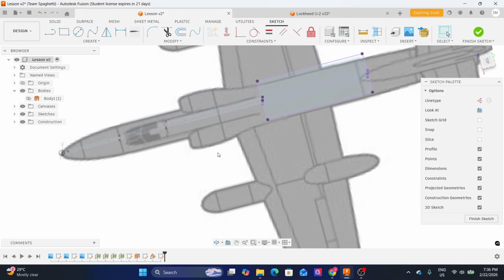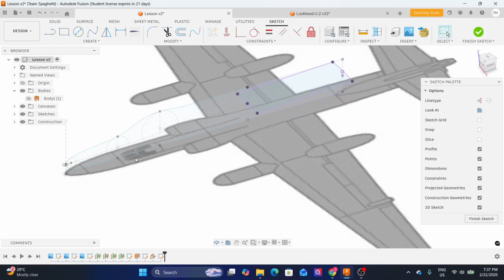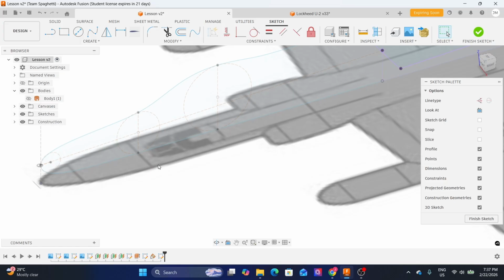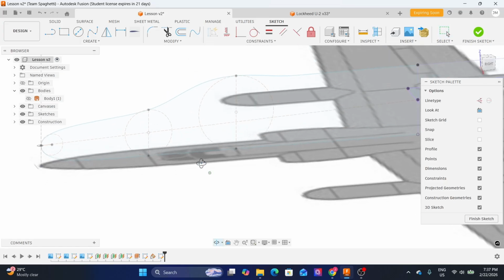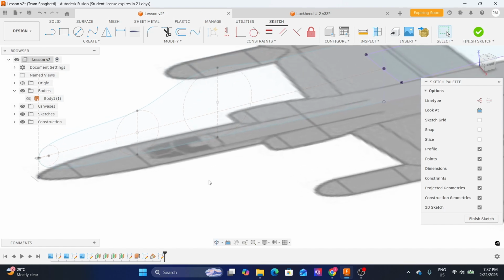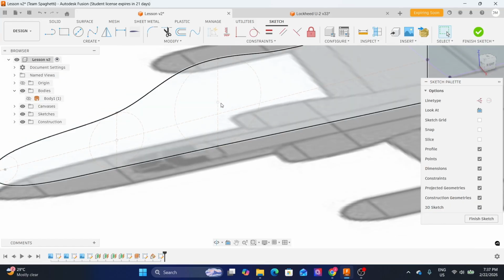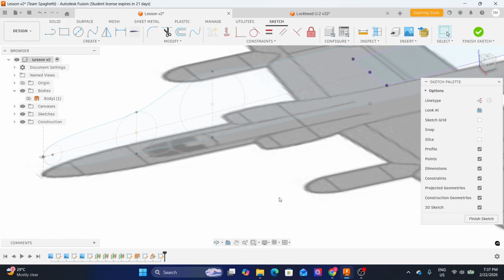Now let us create the construction line. But before we do, since we already have a reference point from the side sketch that we have created, I'll just create the construction line from the intersection or from the points here on these circles that we have made. So for us to be able to do that, we need to project this once more. So press P on my keyboard,